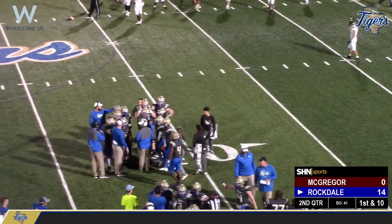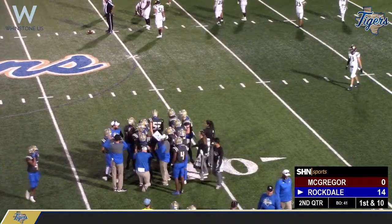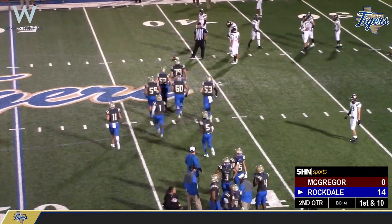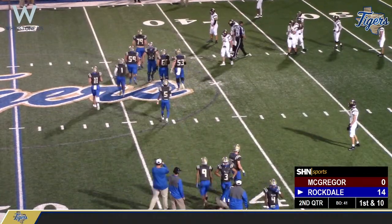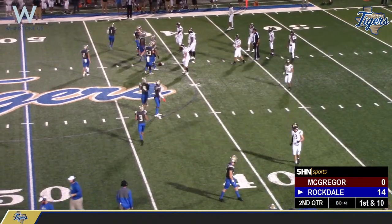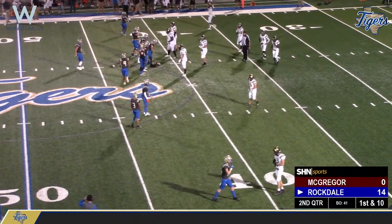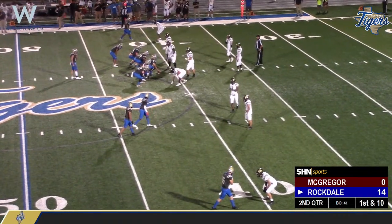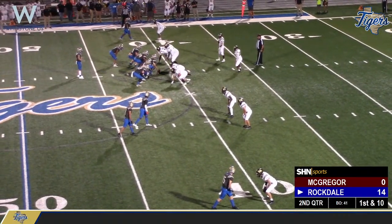14-0. Tigers going to have the ball in good shape. And once again, that's good because they had just had an interception and were flagged for holding, which gave the ball back to the Bulldogs and could have really started the Bulldogs on the way. So Tigers have first and 10